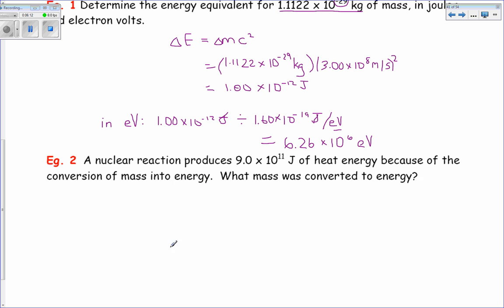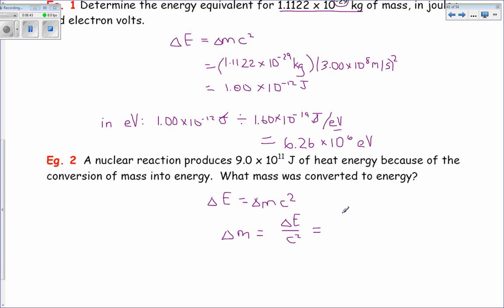A nuclear reaction produces 9.0 times 10 to the 11 joules of heat energy because of the conversion of mass into energy. What mass was converted into energy? So we're just going to rearrange the formula. Delta E equals delta M c squared. We're going to rearrange it to solve for mass. So delta M is equal to delta E over c squared,